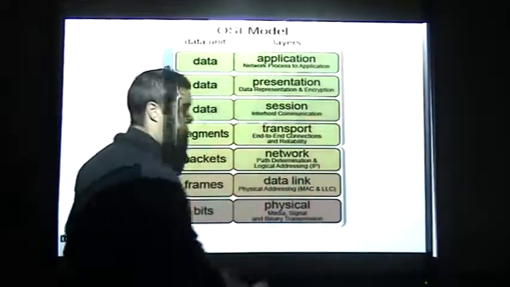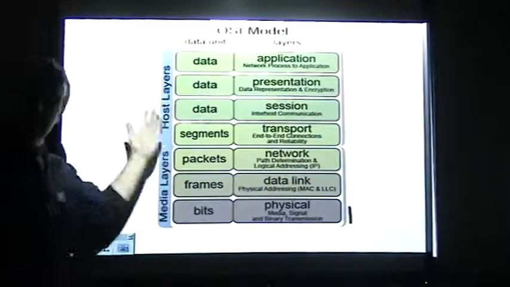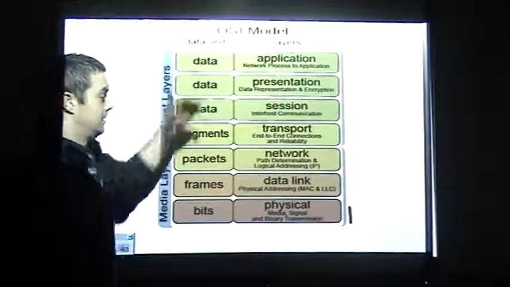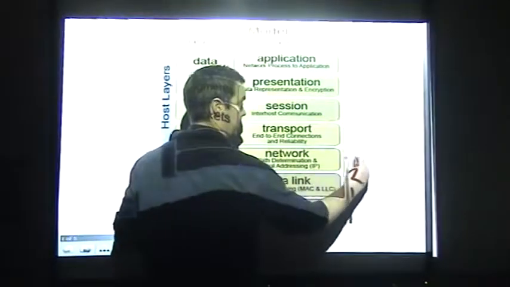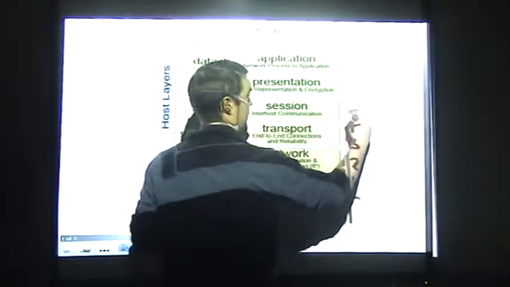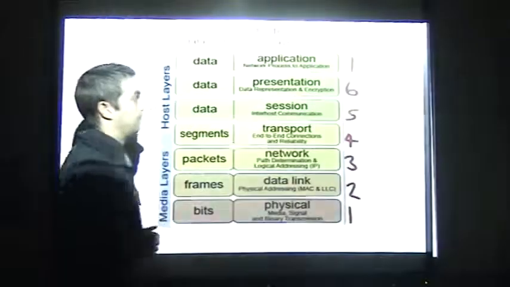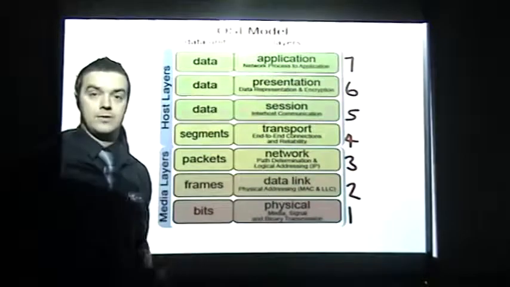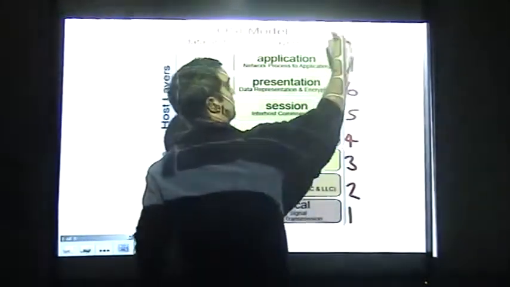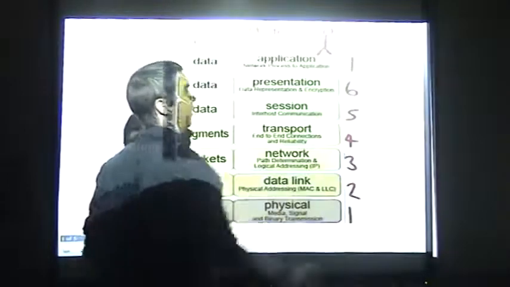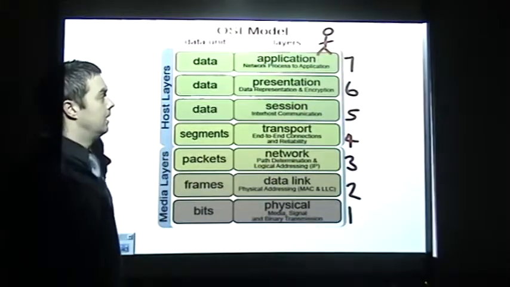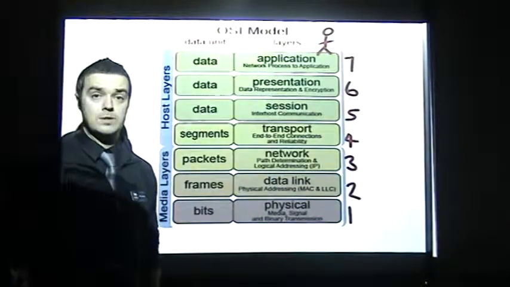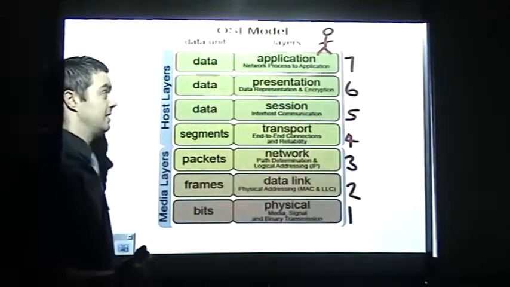This is classed as layer 1 of the OSI model. As we move up the OSI model, we've got layers 2, 3, 4, 5, 6 and 7. So if we label them up, there we go. A user lives at layer 7, the application layer. So there's the user at the top end of the OSI model. This is because the user uses these applications, sits in front of a computer, and that's how they see themselves